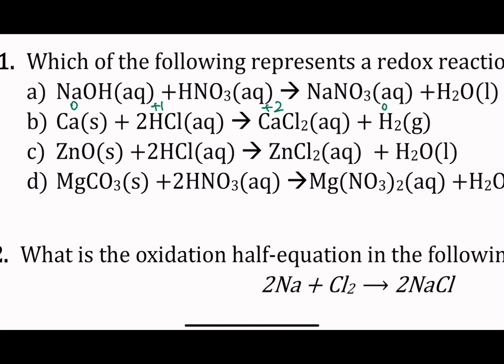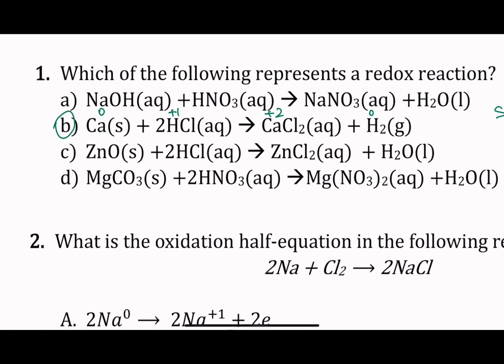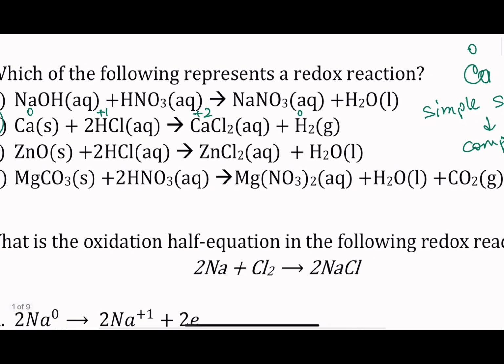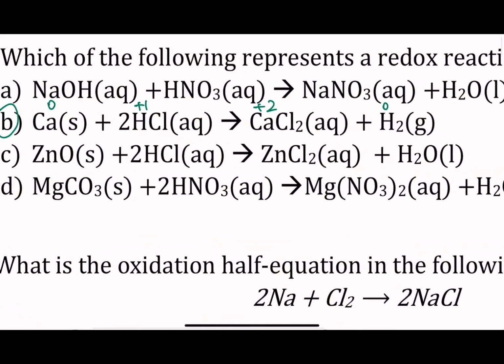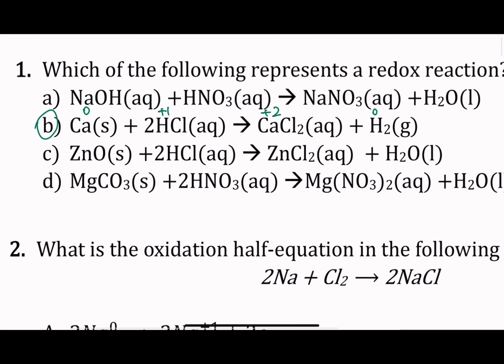So that shows you that a redox reaction happened where calcium got oxidized and hydrogen got reduced. Everyone else in here, they just did a double replacement reaction and nothing really changed in terms of the